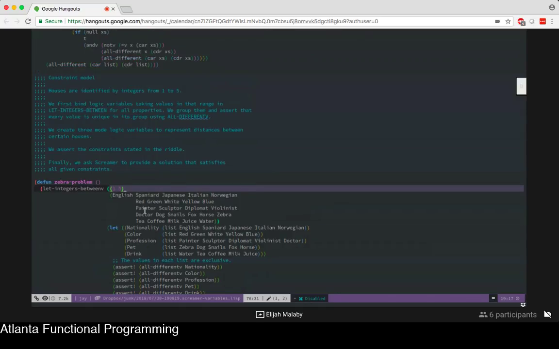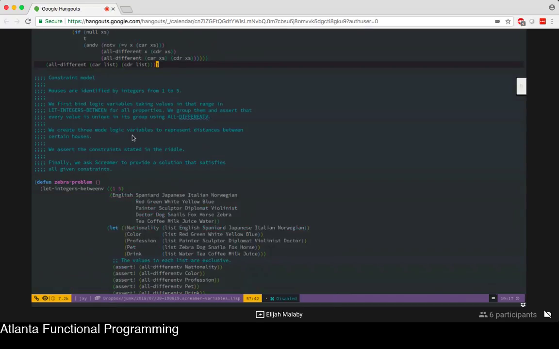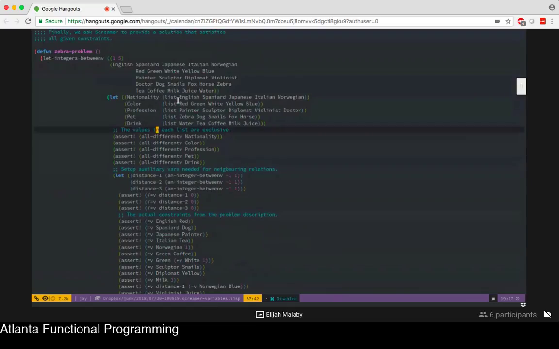And then we have this all different v, which basically, and I've actually looked at the implementation of this right here, and it's actually this exact code, so I don't know why he bothers redefining it. He says it's functionally the same but faster, but it's actually the exact same code, so yeah. But basically, all it does is it asserts that all of the variables in this list have distinct values, right? And so that means that, if we have our list of nationality variables, if we assert that they're all different, that basically means that none of these can be in the same position because our variables are representing the position